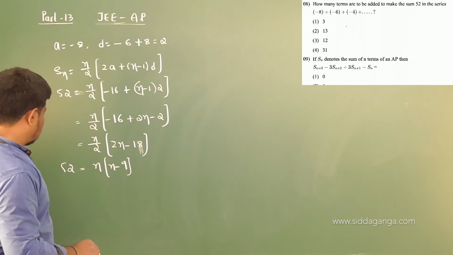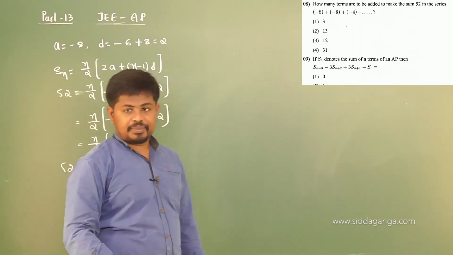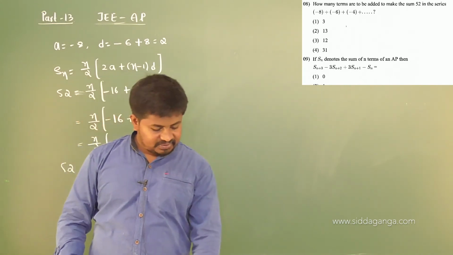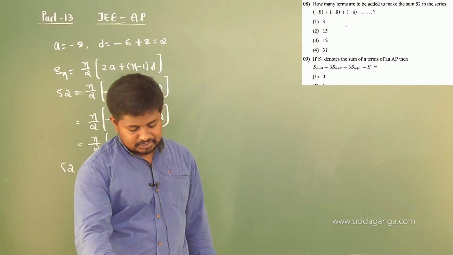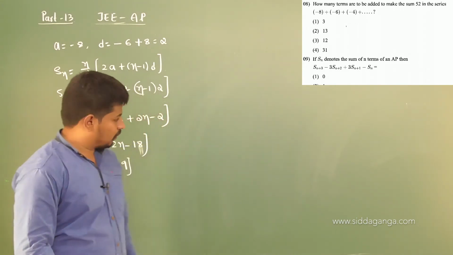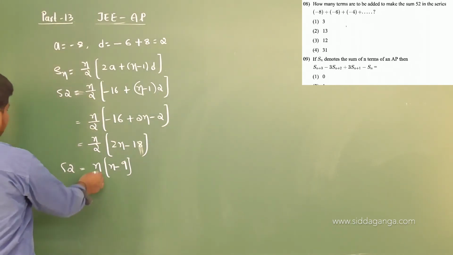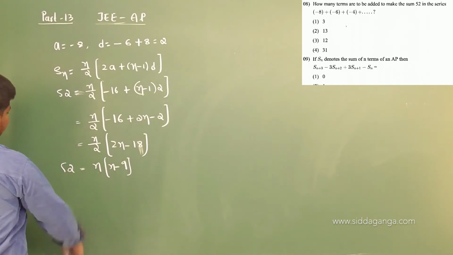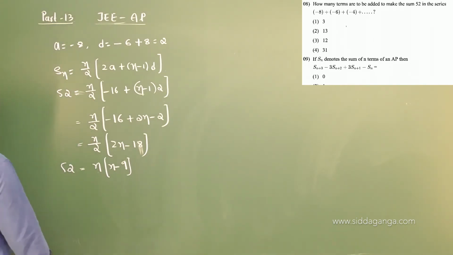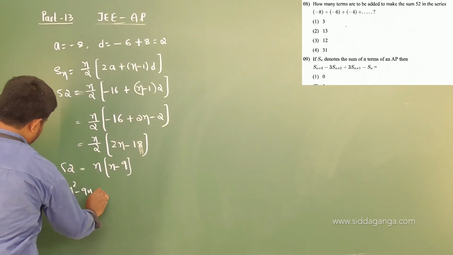Okay. So then n becomes what? You can simplify this, or you can write directly by inspection that n is equal to 13. So 13 into 13 minus 9, so 13 4s you will get 52. Or you can write directly n is 13, or you can simplify n square minus 9n minus 52 is equal to 0.